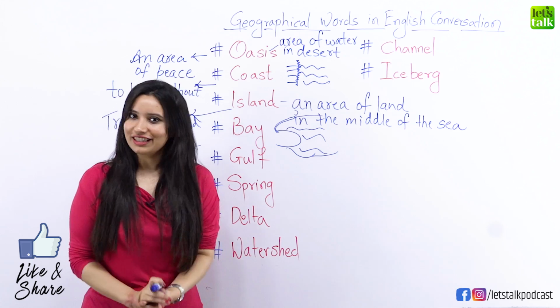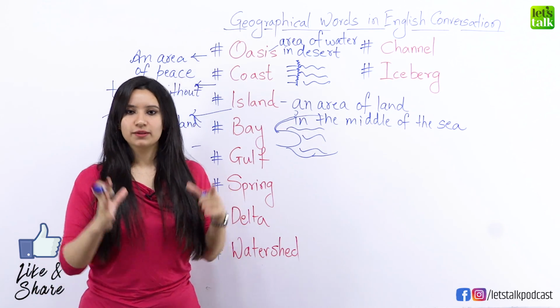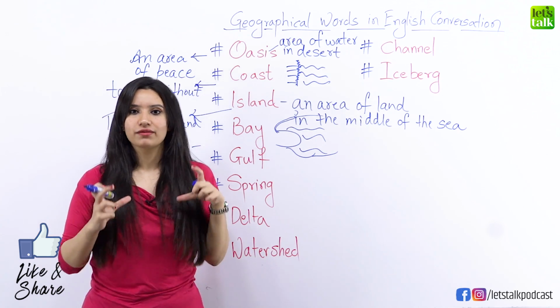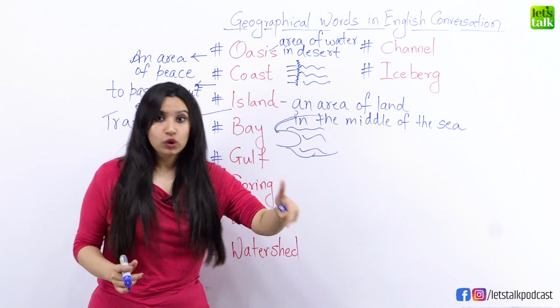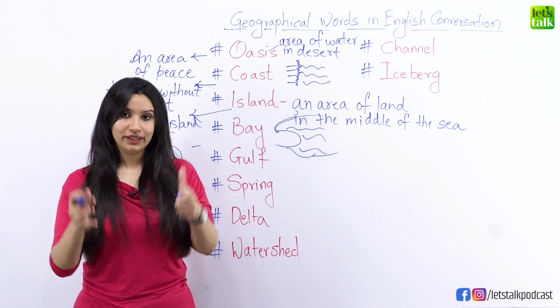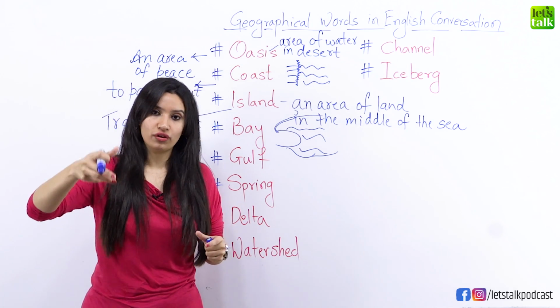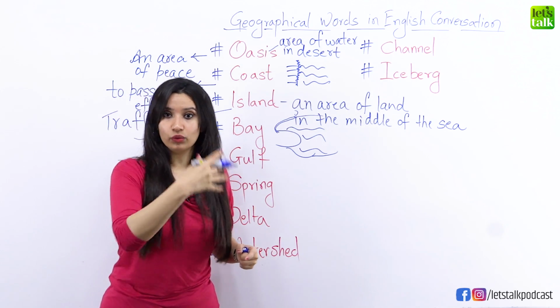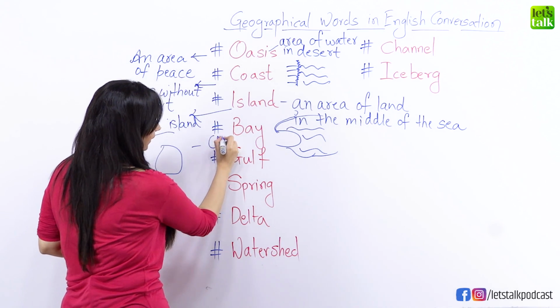But how can we use it in English? In English, bay means a marked space, a space where a specific activity is done. So you could say that the truck pulled into the loading bay, which means the area where the truck would be loaded with material and stuff that it is supposed to carry. So bay is a marked space